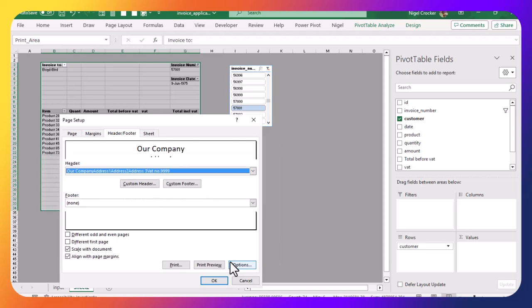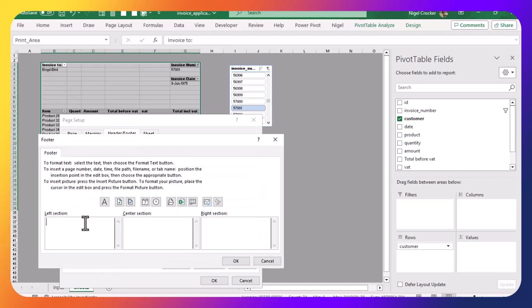Click OK. We also need our banking details so we can be paid by our clients. Go to customer footer, banking details. Let me just get this text right. Banking details, bank account number, some random numbers, branch code,